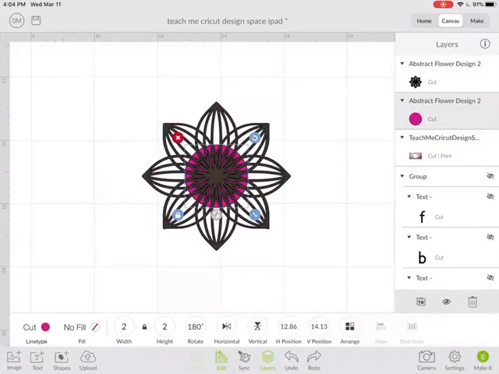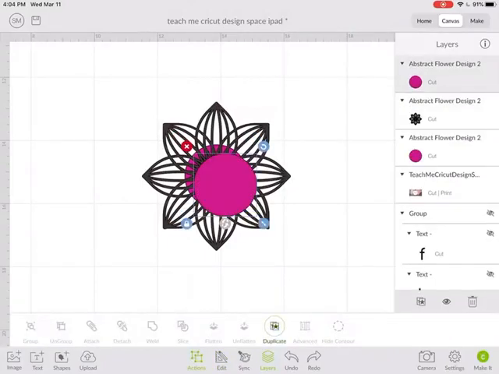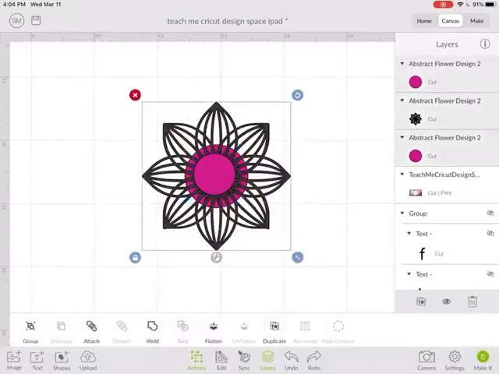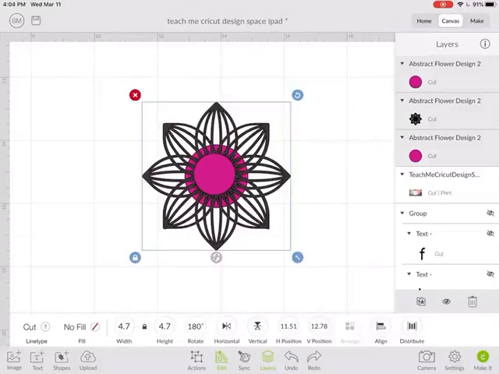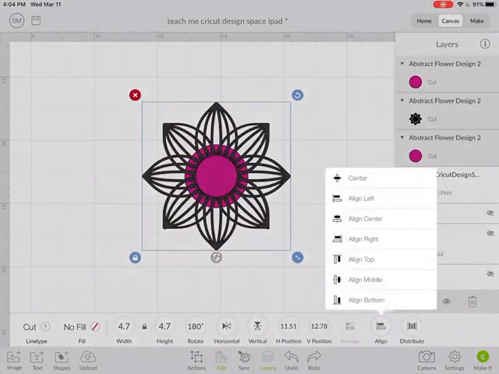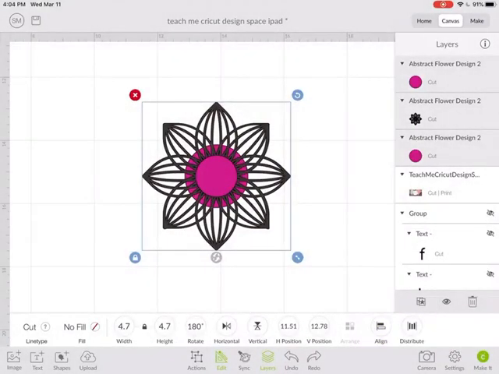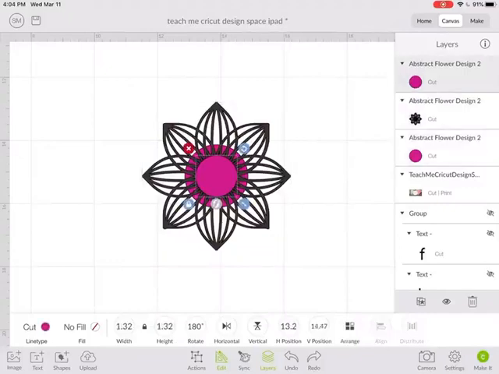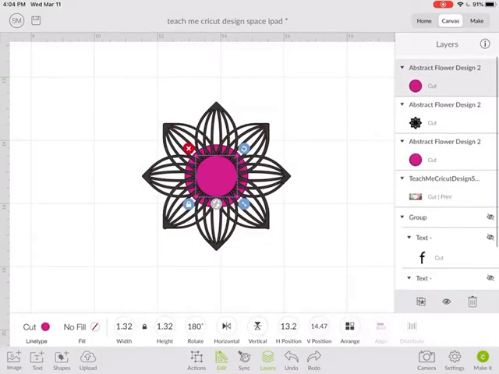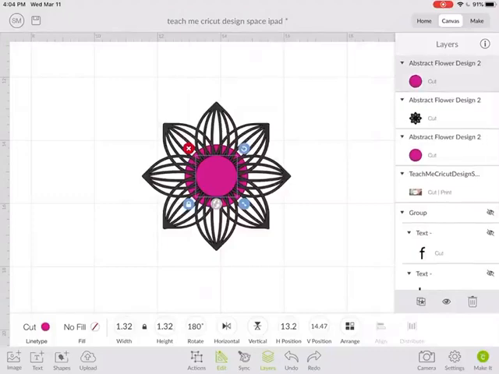circle there and go Actions and tell it to duplicate it. And then I could make this one even smaller, and go under Edit and go Align and center everything. All right, so now if I have this one